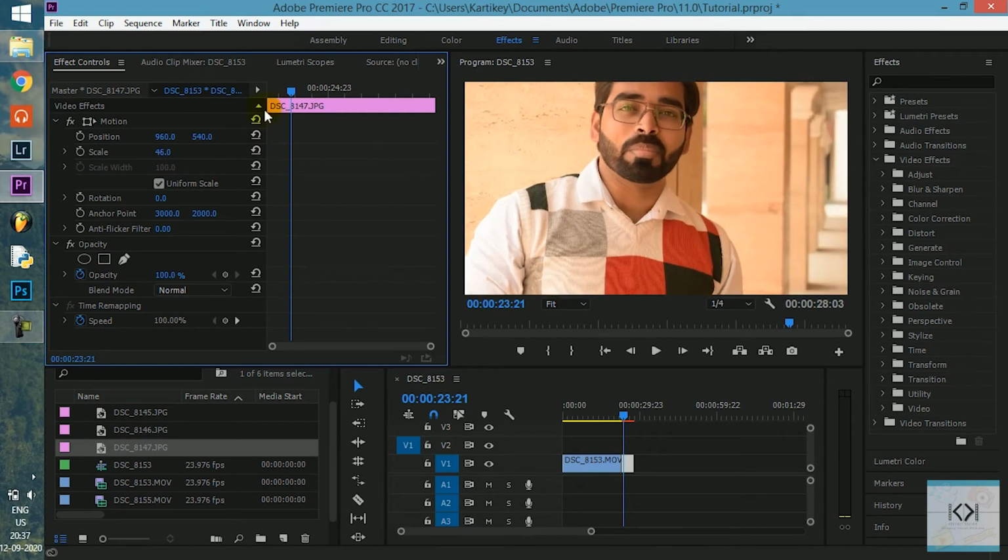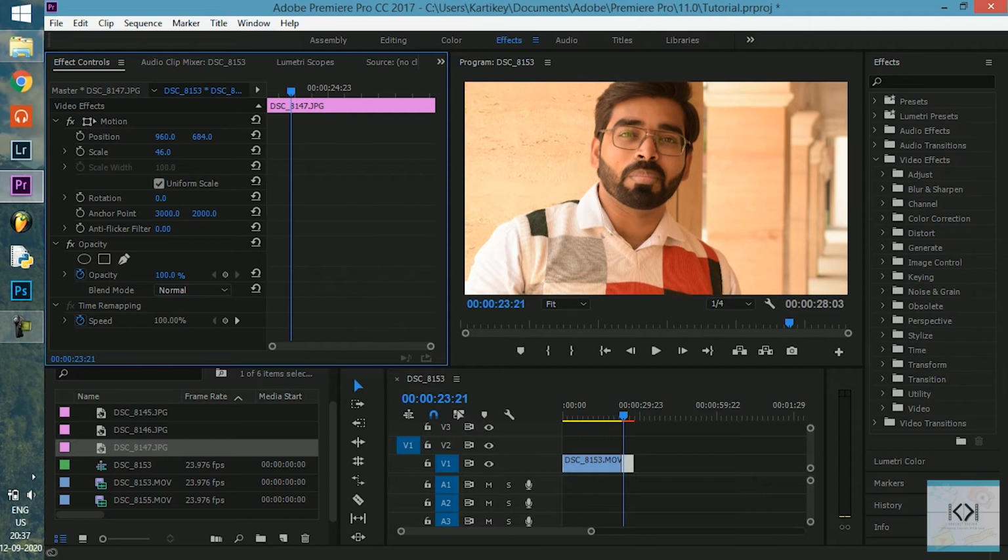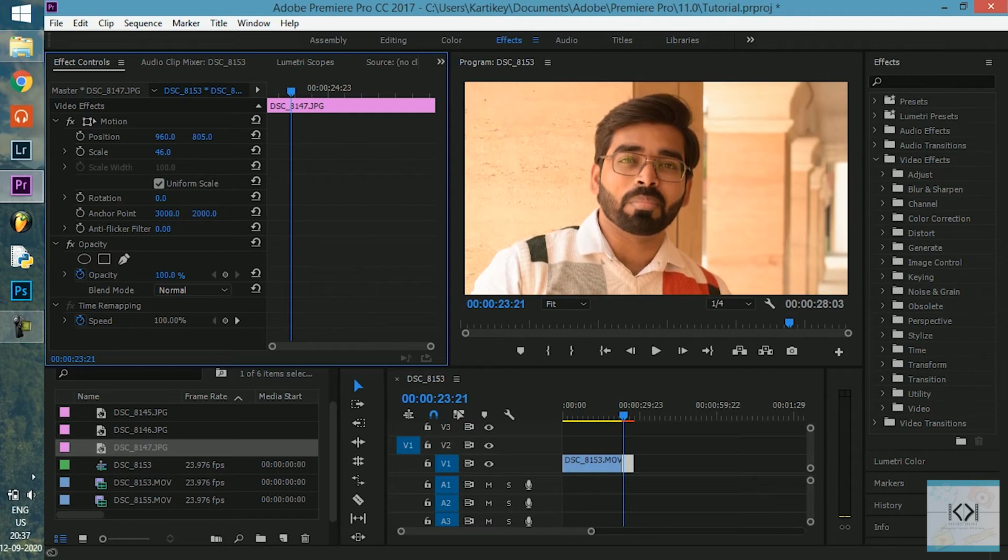And now if you see, the head of my friend has been cut off, so I will be adjusting the Y position. You can also type in the values, but for the initial purpose it's better if you click and drag the values, because it will be easier for you to see the appearance in the program monitor.